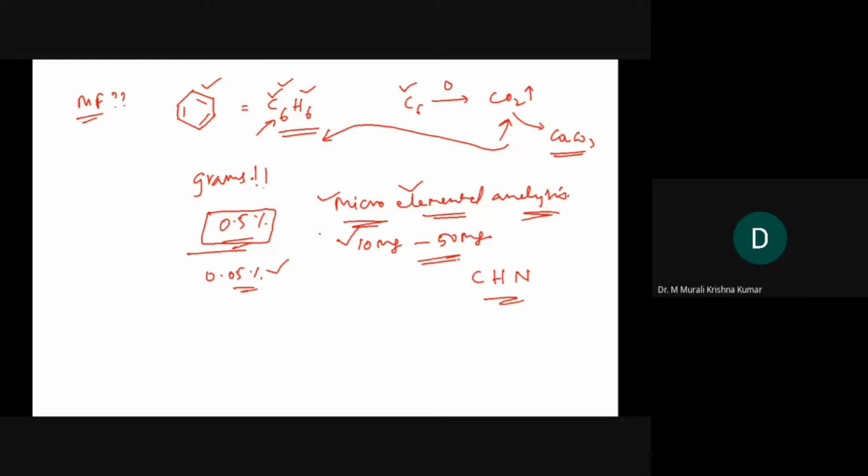So we start our research work by determining the molecular formula first. Then we go to mass spectral analysis, IR, and then NMR, and then we come back to mass at the end. That is the sequence. So we have to initiate our research work with a molecular formula.